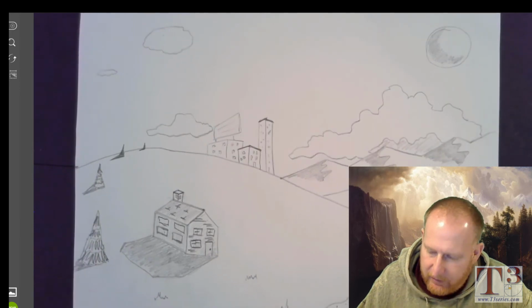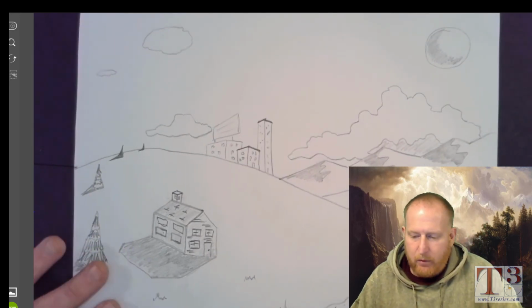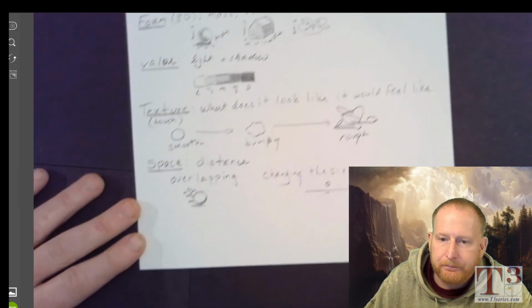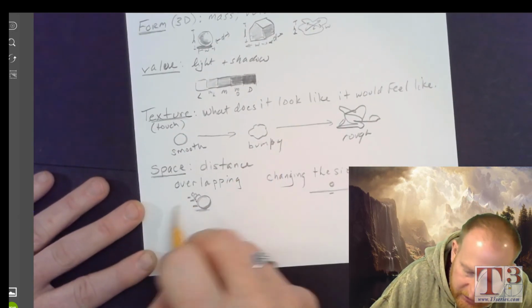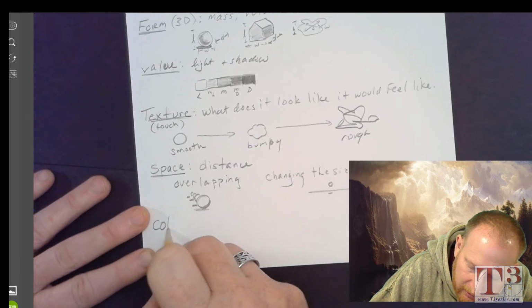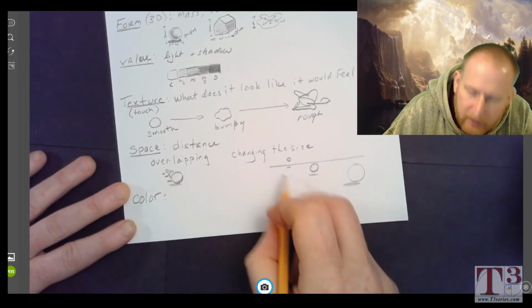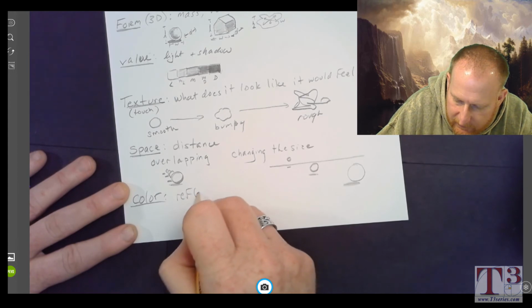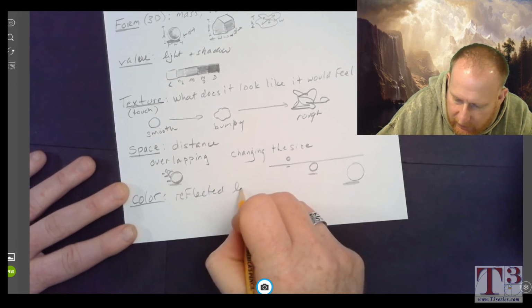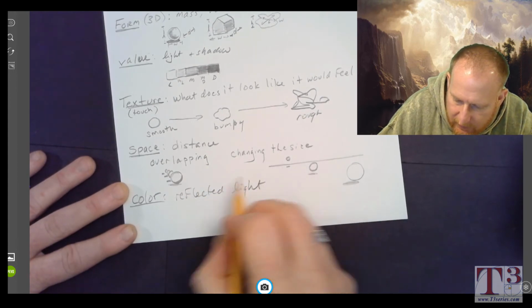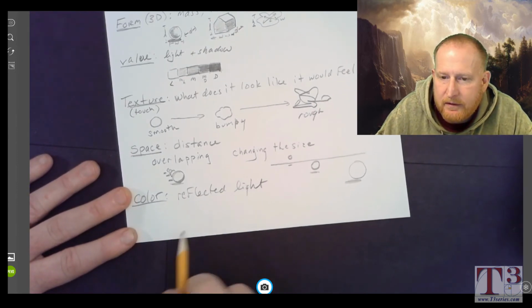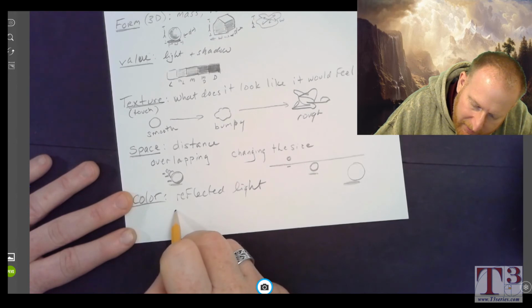So there it is. Now the last element of art that we might want to add is color. And color, this can be illustrated in a fun way. Color is reflected light. And so if you put a diagram of an eye, a person's eye,